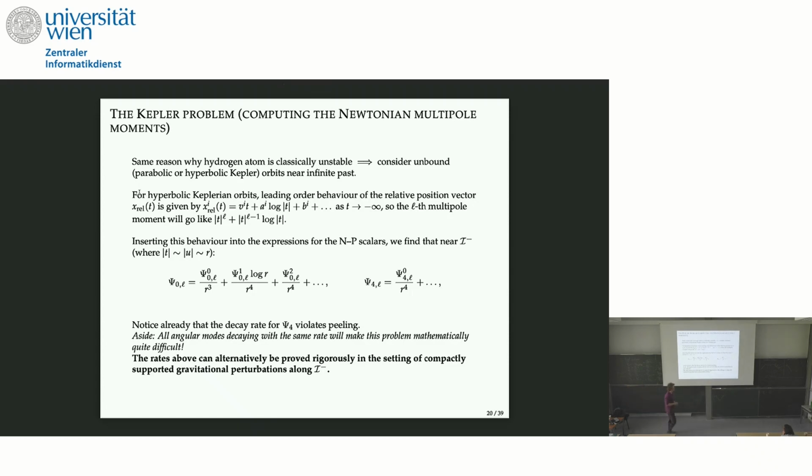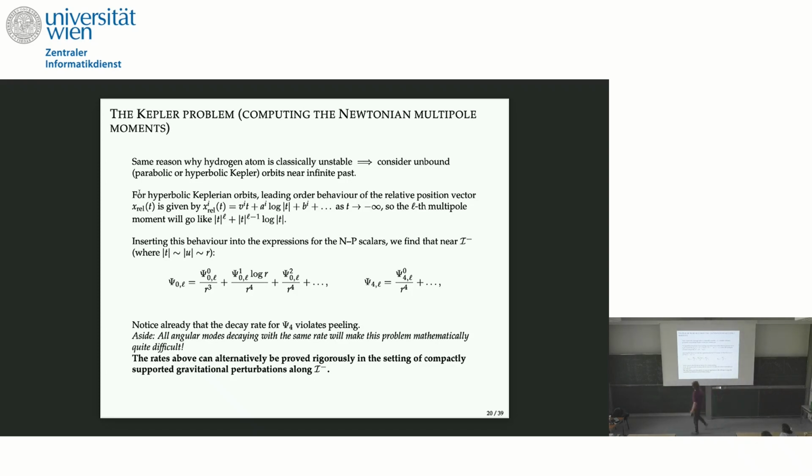Maybe it's not super satisfying for me to rely on heuristic results. So there is an alternative way I can essentially produce the same rates. That is if I simply consider linearized gravity around Schwarzschild or Minkowski, and I say that I have some compactly supported bump of gravitational radiation living at past infinity, and I just wonder what this will radiate like. So think of this as a few gravitons coming in from past infinity. Essentially this gives the same rates morally. There are some differences, but morally they are not relevant.